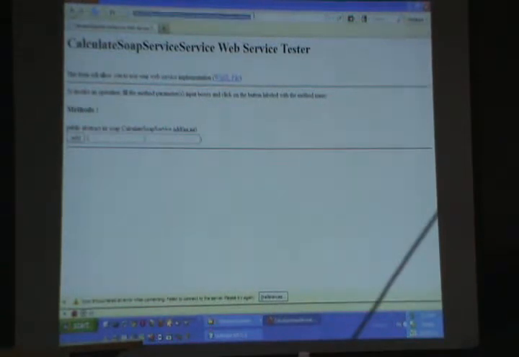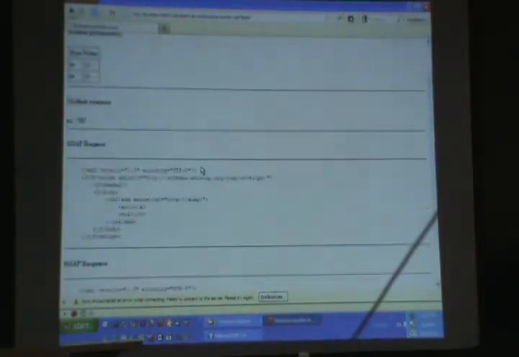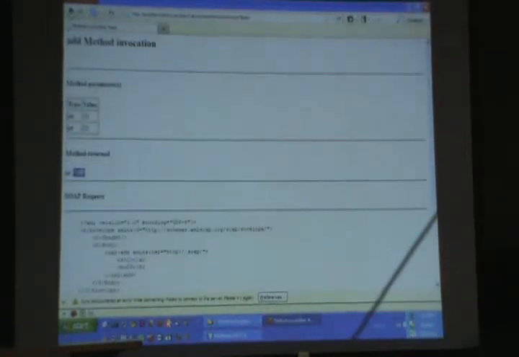So this is the web service that it has generated. Okay. So it has given me two text boxes. So it has understood that my web service takes two parameters, right? A and B. I give 10 and 20, and I say add. So it got the result 30 based on the code that we wrote, right?